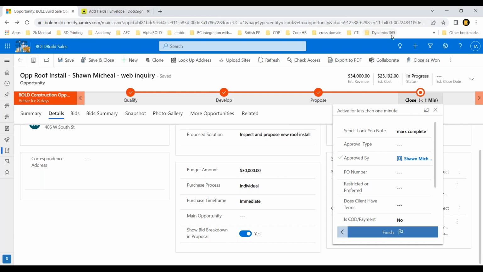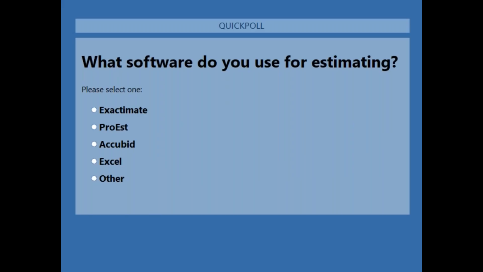Not for you, but I do have a question I would like to ask the audience, just about their current processes around estimating. We would love to hear your feedback to see what you are currently using and see if there's any sign that maybe our estimation piece is a little bit easier and something you would want to explore. So would love to hear what you are currently using, whether it be Excel, Xactimate, ProS, AccuBid. There's a lot out there, so we couldn't list all of them. So the other category is there as well.